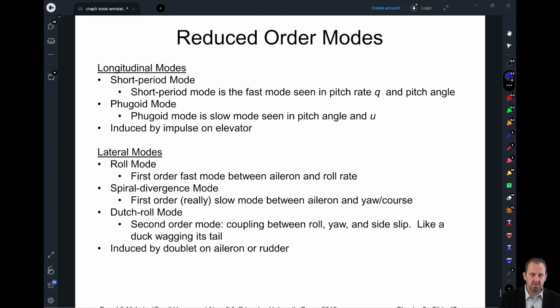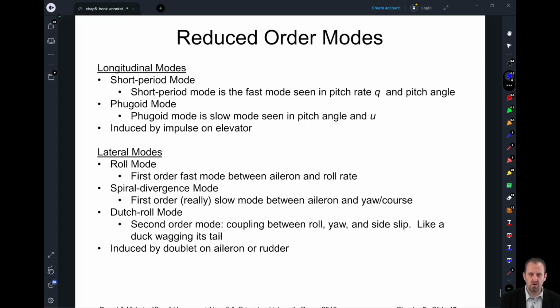Then we have our lateral modes. We have our roll mode. This is a first order fast mode between the aileron and the roll state. We have our spiral divergence mode, and this is a slow mode between the aileron and the yaw and course, as well as the Dutch roll mode. It's a second order mode